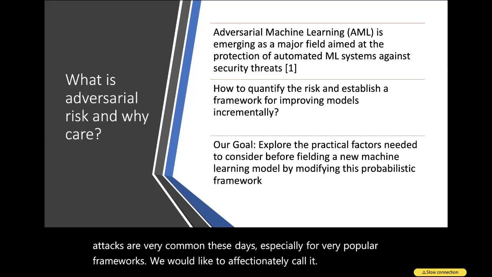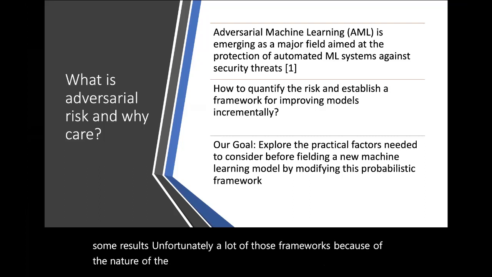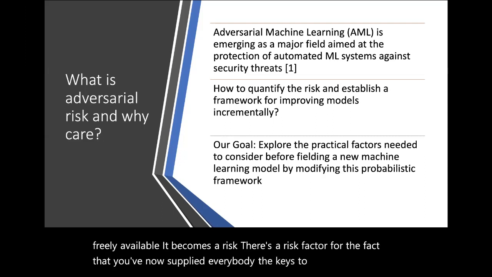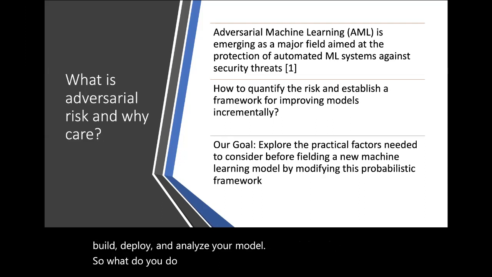You went and found a network online, you put it in your production pipeline, you started serving up your customers some results. Unfortunately, a lot of those frameworks, because of the nature of the architecture of the paper and that the weights are freely available, it becomes a risk. There's a risk factor to the fact that you've now supplied everybody the keys to exactly how you build, deploy, and analyze your model. So what do you do to quantify those risks and establish a framework for improving models